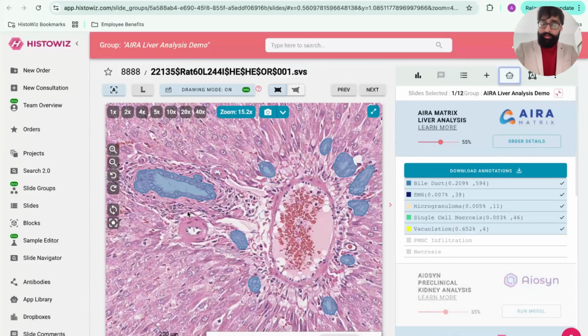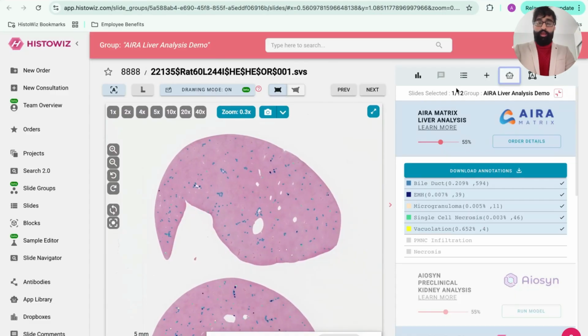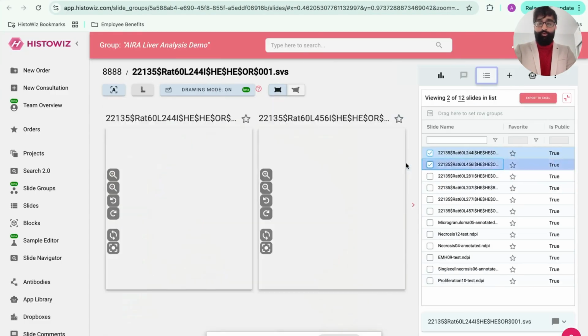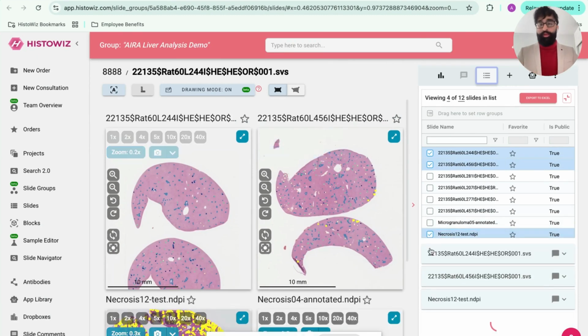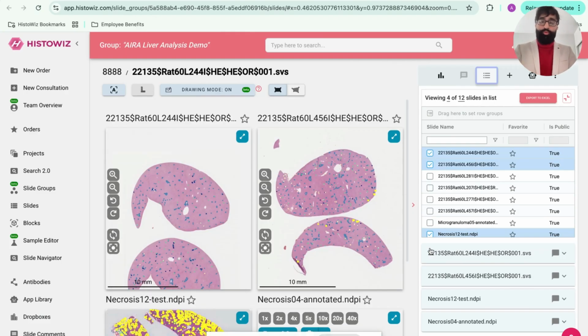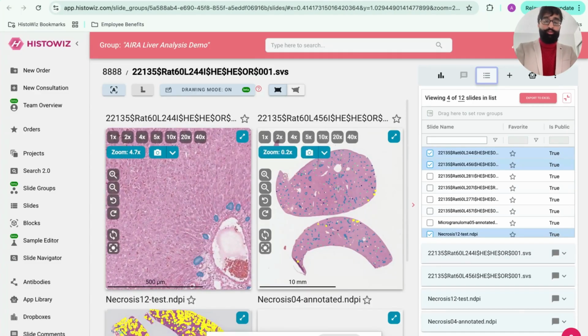Now, not just that, say you want to look at multiple slides simultaneously, you can easily do that on the platform. And say I click on 4 slides over here. Again, it doesn't need to be 4. You can select as many slides as you would like. It can load it for you, and say you want to compare images side by side, and you also want to look at the AI result to help in your comparison. So you can do that quite easily, and you can zoom in into that specific region of interest.